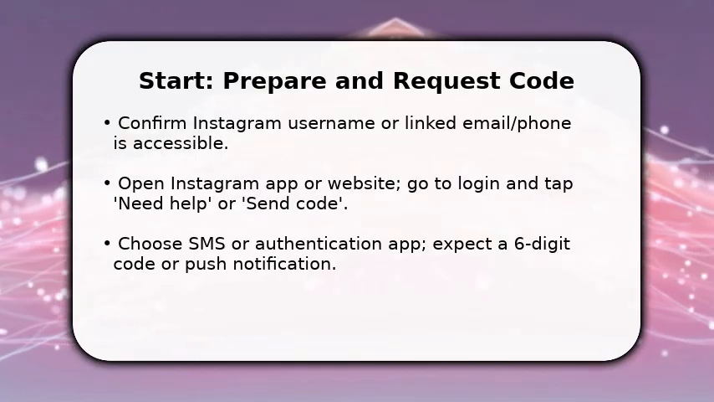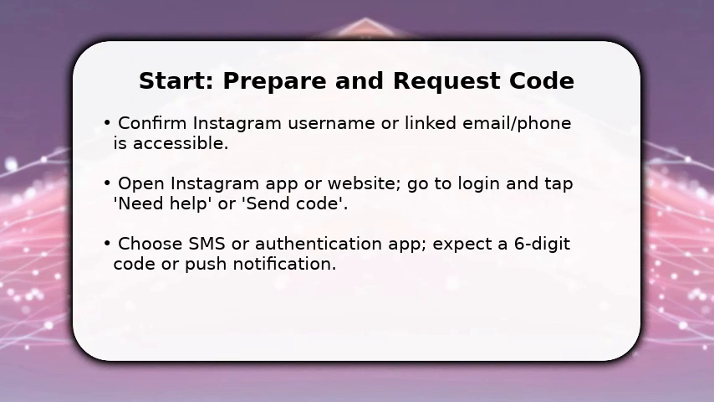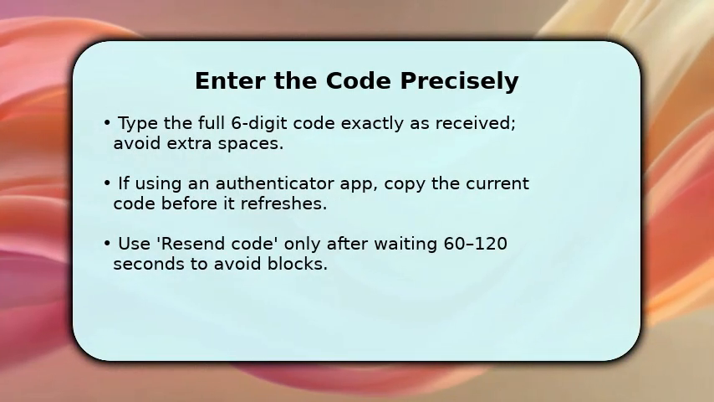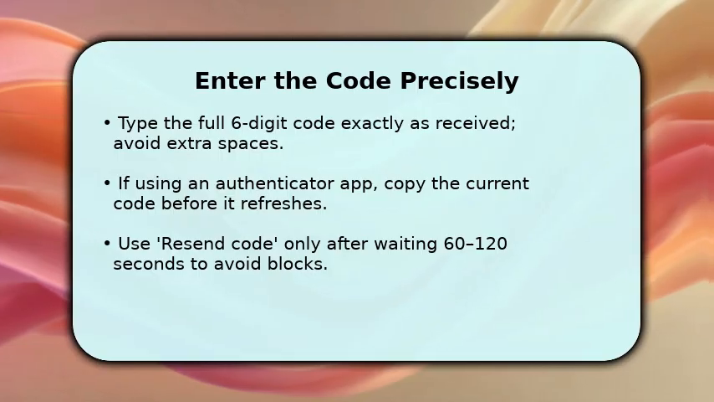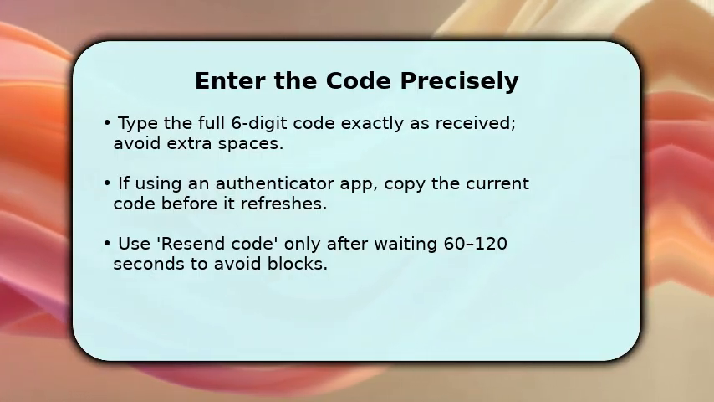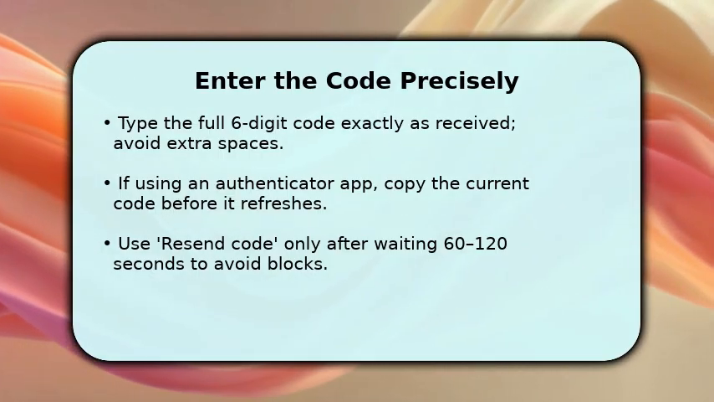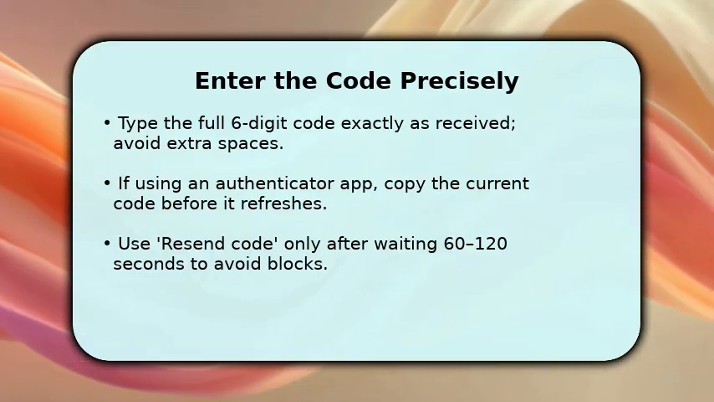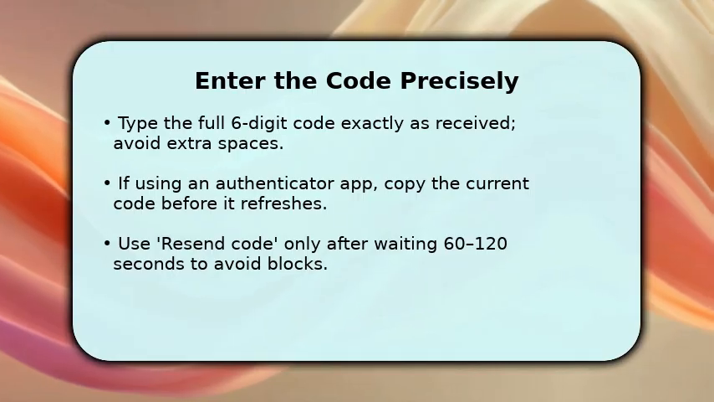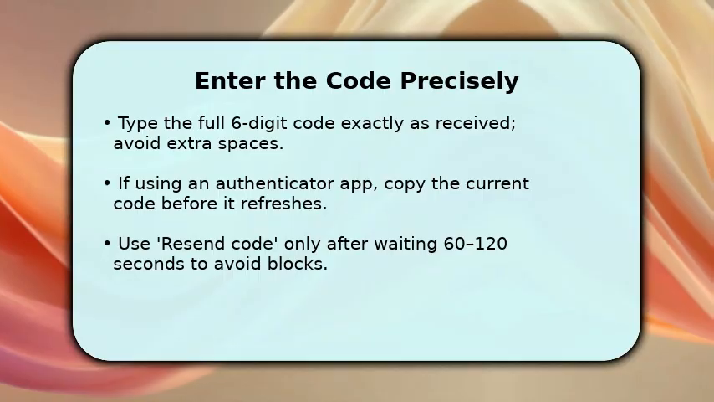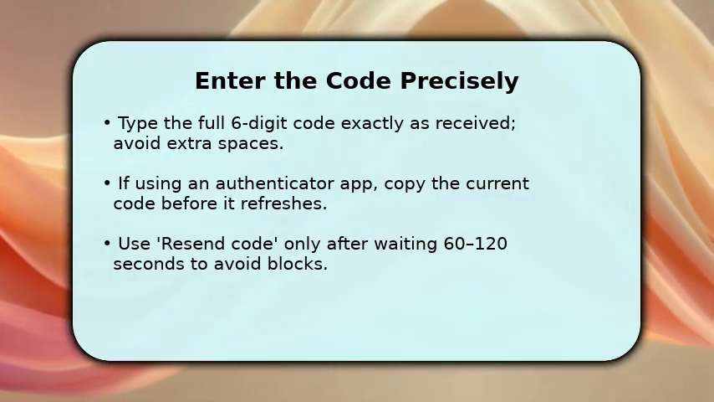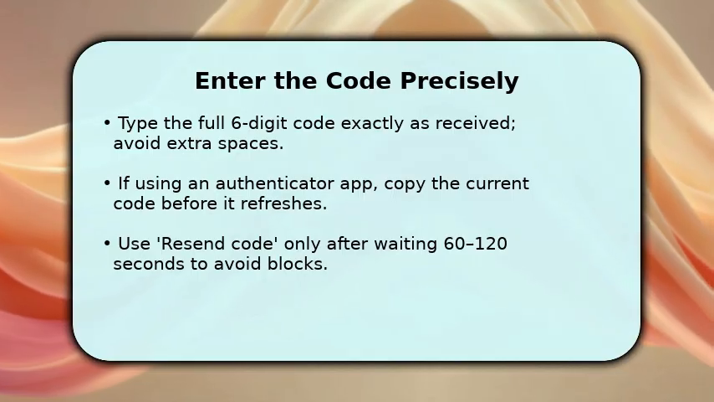Now you'll enter the authentication code carefully. Accuracy matters because Instagram validates each digit. Tap the code input field and type the 6 numbers exactly. Do not paste hidden characters or include spaces. If you're using an Authenticator app, open it and copy the current rotating code quickly before it expires, then paste it into Instagram. If you don't receive it, wait a minute or two before requesting a resend to avoid